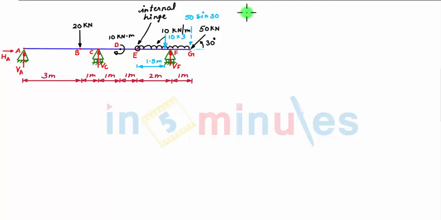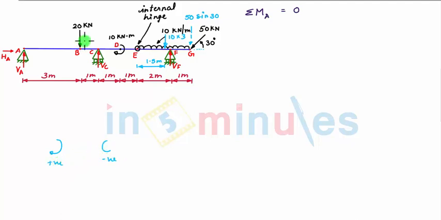So we apply our first static equilibrium equation, which is summation of bending moment at all points is equal to 0. So we apply this equation at point A. So summation of all bending moment about point A is equal to 0. Now writing the expression for bending moment of all the forces and couple about point A, we have a sign convention: clockwise moment is taken as positive and anti-clockwise moment is taken as negative.